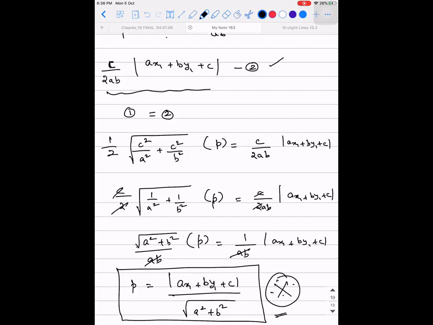So this is the formula, sir, for the distance of a point. Yes, this is the shortest distance. It need not be shortest. By default, distance from a point to a line itself means shortest distance, and the formula for that is this. It's not like shortest distance at all. There is only one formula.